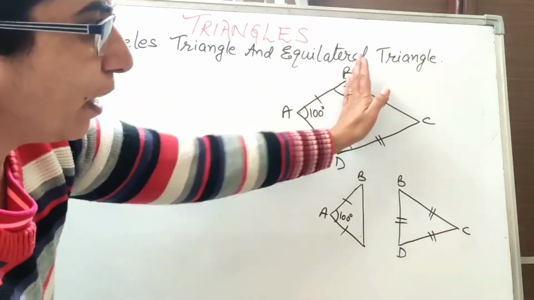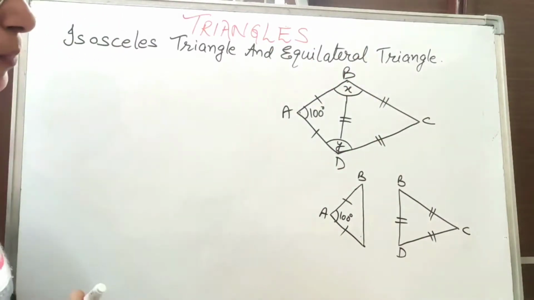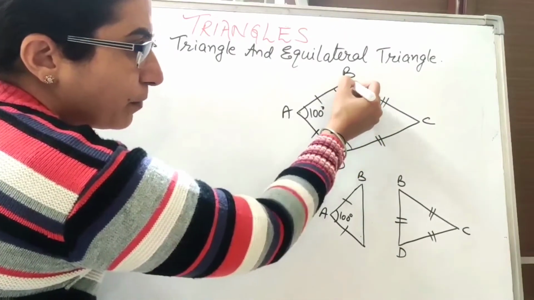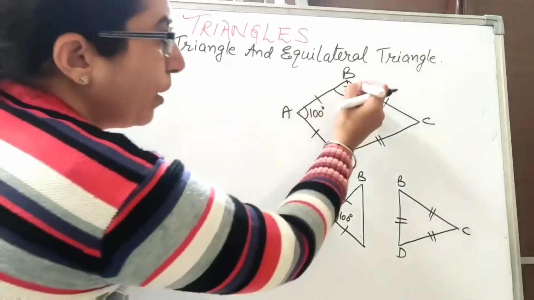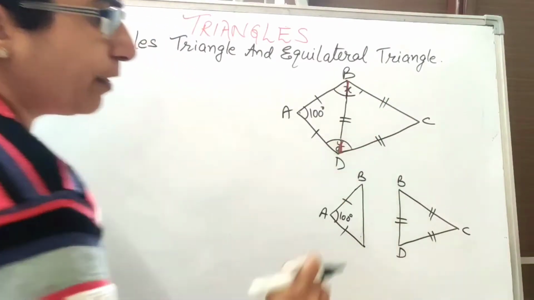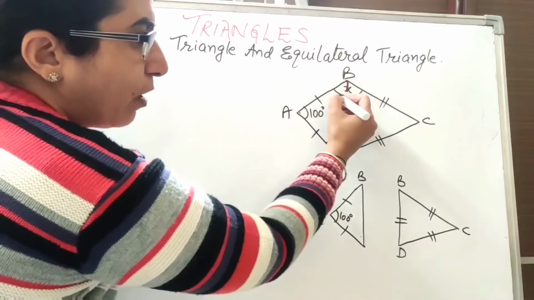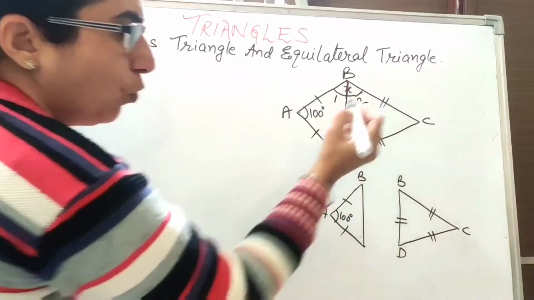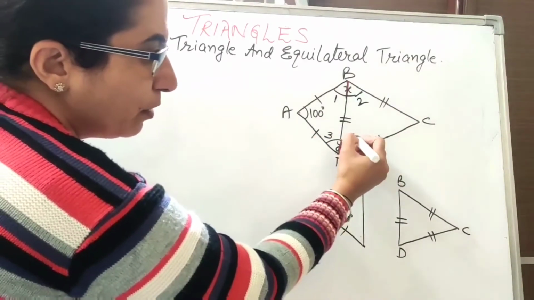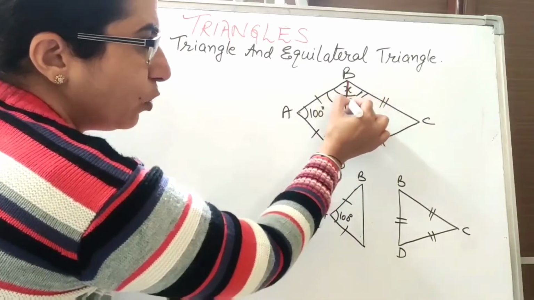From this side I have taken out this triangle because this whole angle B is divided into, we can divide this angle into two parts like this, two parts. So here this angle is divided into two parts, and this angle is also, we can divide it into two parts. So I am taking this part angle 1, and that part is angle 2, and for y this part I am taking angle 3 and that part is 4. This 4, this 3, and here this 1 and this 2.